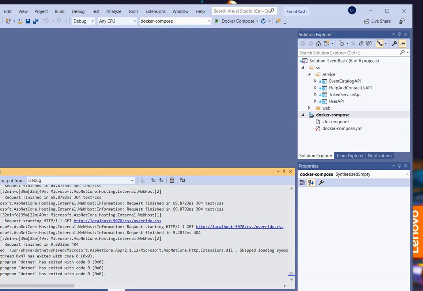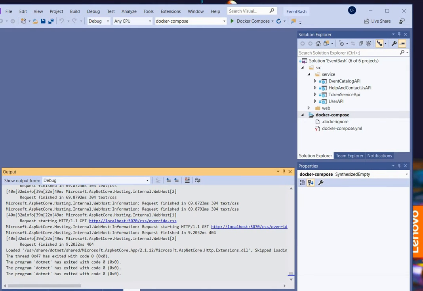Cohort 4, Group 4's Part B of our e-commerce microservice. This program was built in C# and ASP.NET Core Framework. In Part A of this project, we created an Eventbrite events catalog microservice, which was able to store the events